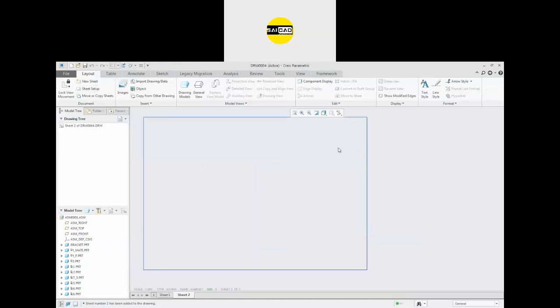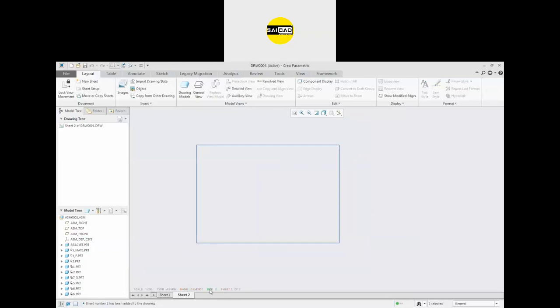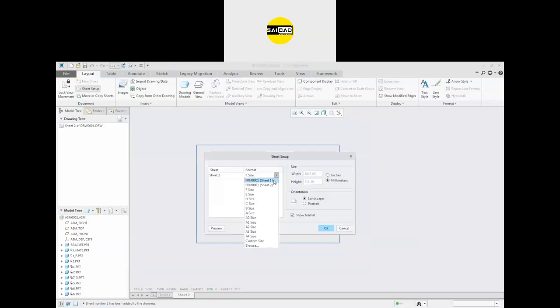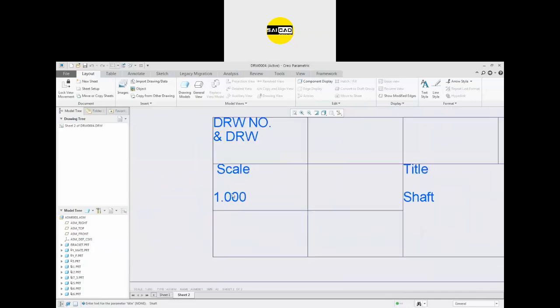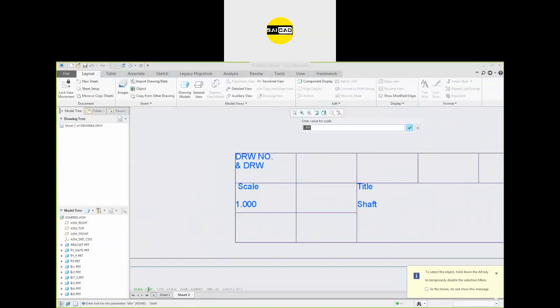It will not show here because we have different sheet sizes. To go to the sheet size you need, we know that the sheet size I have selected is A3. So go to browse or select custom. I have already selected that. So this is sheet 2. You can just preview that. It will ask for some values. For the title, it will be sharp. Click enter, click OK, and we have the title here, sharp, and the scale is by default 1. So you can change the scale from here. You can see that the scale is directly from here.